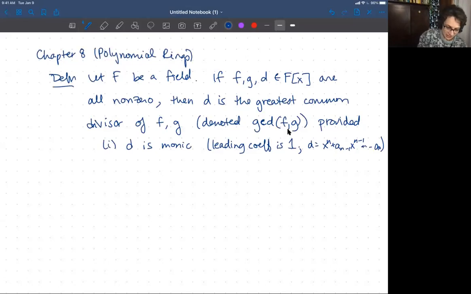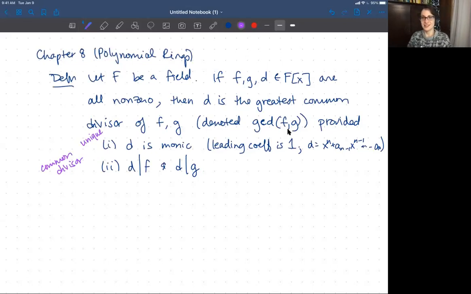We also want to make sure that it's a common divisor. So d divides f and d divides g, that's our notation for d divides f and d divides g. That means that we have a common divisor. The first part is going to guarantee that it's unique for us. So by insisting that the first coefficient is 1, there's only going to be one possible GCD. It's kind of like insisting in the integers that the GCD is positive. And finally,